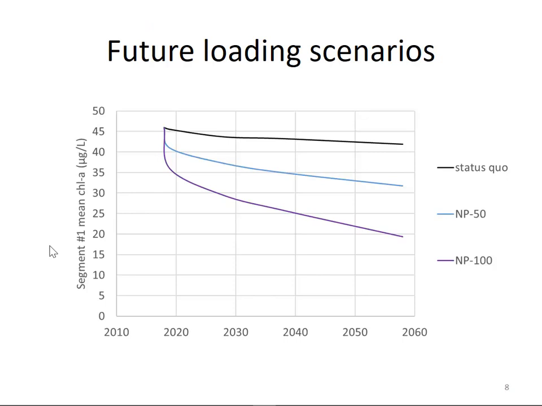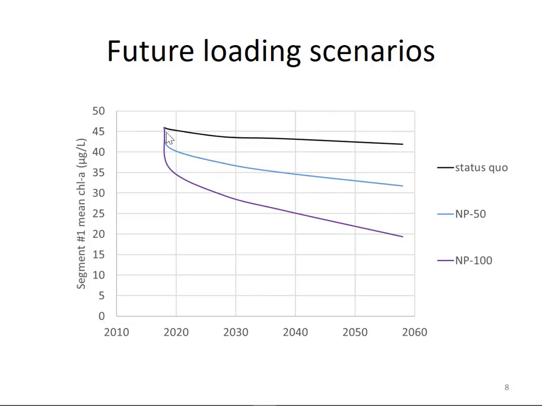Okay, so once we have a model that we're happy with, we can use it to analyze various future loading scenarios. And so here on the y-axis, I'm focusing on the segment 1 average chlorophyll concentration. And then I have 3 loading scenarios. I have maintaining the status quo loading, shown here in black, and you can see there's very little change in chlorophyll concentrations over time. And then under a 50% nitrogen and phosphorus loading reduction scenario, which would be pretty ambitious,